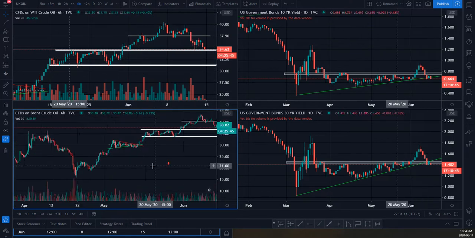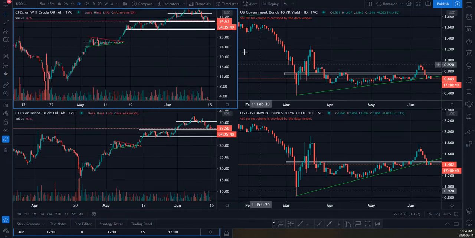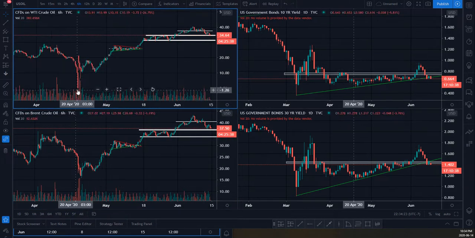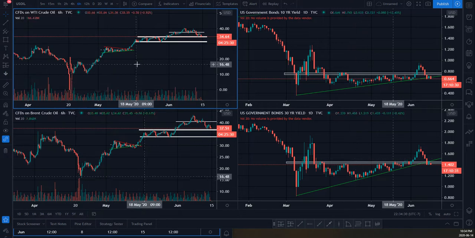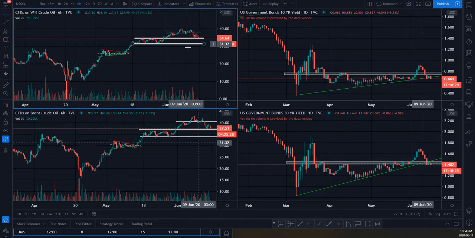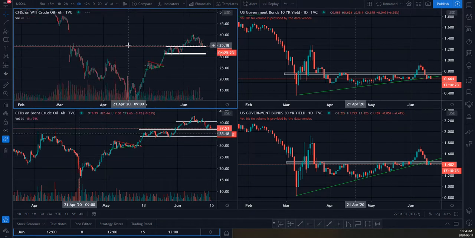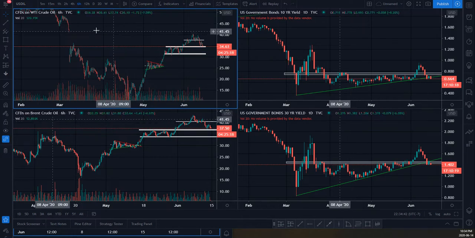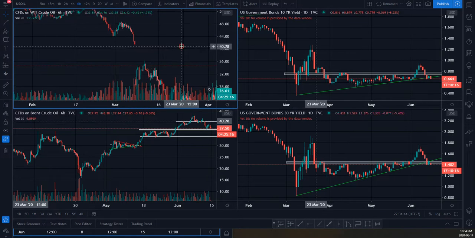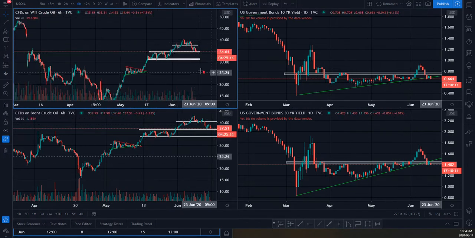We made a huge recovery from when we had that capitulation. You can see that in WTI, not really on Brent. See that massive move to the downside that we had on April 20th of 2020, and then we got a huge recovery. We were basically at negative numbers, and we recovered all the way to $40, which is pretty crazy. And now, after filling the gap, which we did right here, and then we just touched the $40 mark, that was the gap down. So we did fill the gap there, and it does look like we are retracing to the downside. So we'll see where it goes.